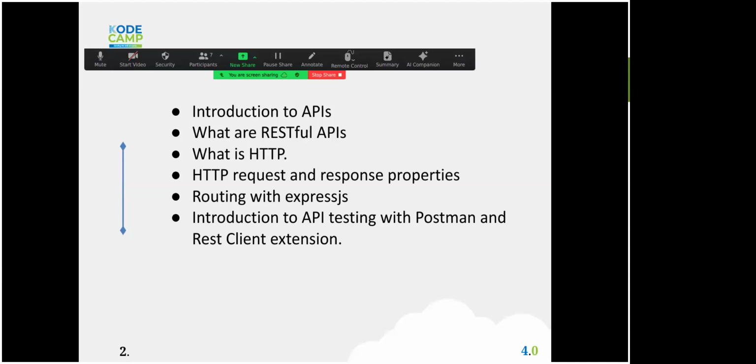There are other methods apart from the ones I've mentioned. There is patch, there is head method, there is option method. So there are other methods, but the ones I mentioned are the more popular ones. Then every HTTP request has what is called a URL,